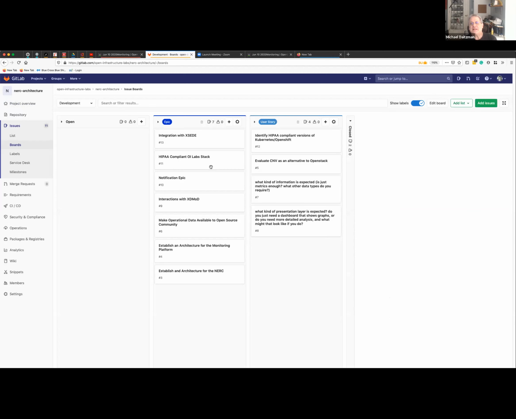What I'm hoping we can do here is not flesh out the stories necessarily today, but identify people who we can assign these stories to flesh them out because they have subject matter expertise. So are folks familiar with the epic and story model? Or should I spend a minute talking about that?